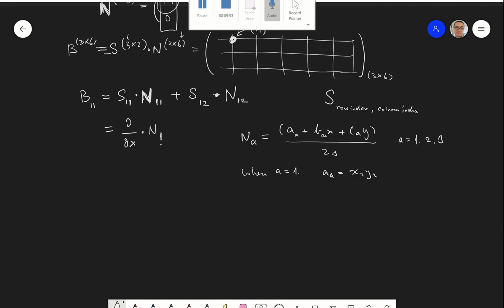x2, y3 minus x3, y2, right? These are basically the relationship between the coordinates for the nodes. We have b_a equal to y2 minus y3, and c_a equal to what? x3 minus x2, right? So if you plot that, you notice here, all the a, b, and c,